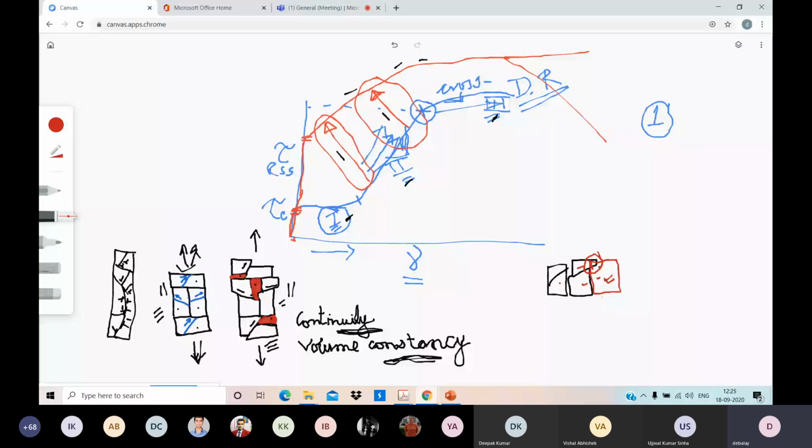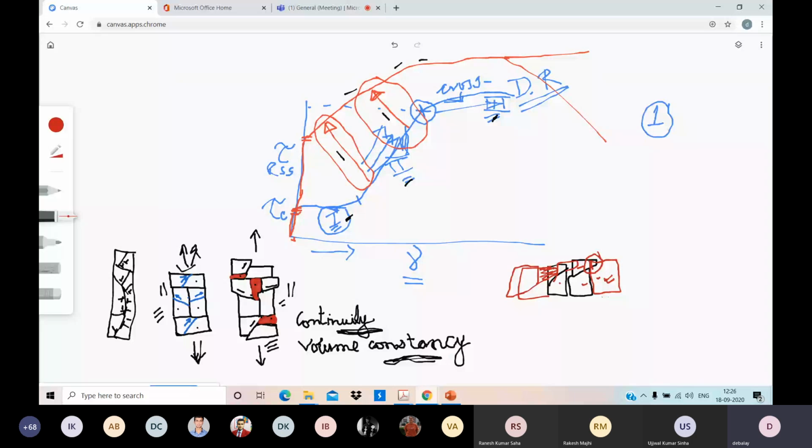Overlapping, right? As I said, individually they are oriented in a different way. As a result, one single crystal deforms like that, another single crystal deforms like that. So what will be created between them? Voids and overlaps. If they deform in their own way, there will be voids and overlaps.